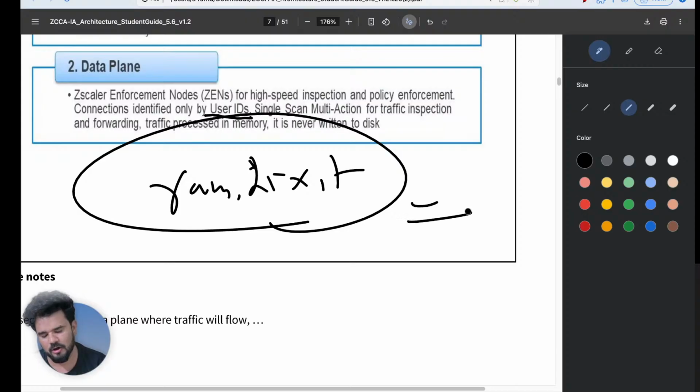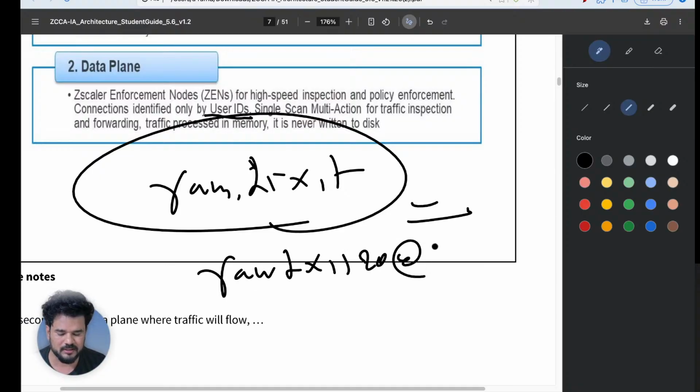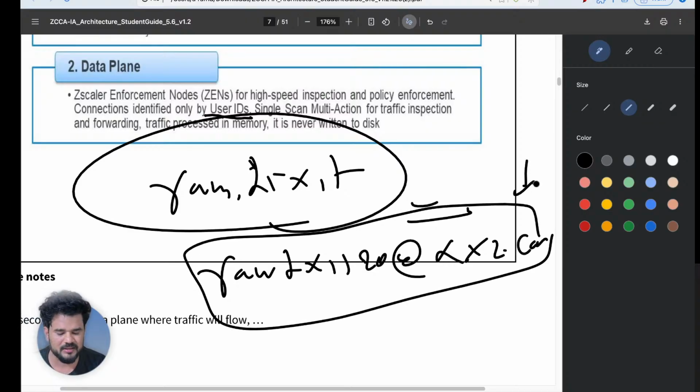So Zscaler logs do not work like that. You should put the exact name, right? Ram Dixit 20 at xyz.com. So you need to put the exact email ID as the username. Zscaler will not accept ram.dixit like this. You will put it with the domain and email ID, because Zscaler actually